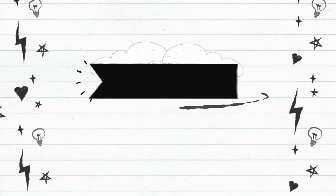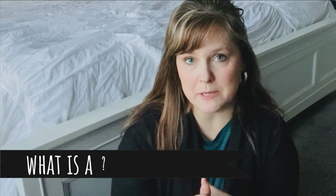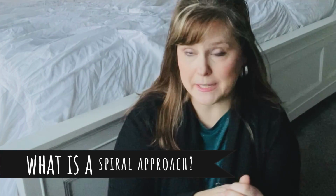So math. I'm just going to get right into it. If you don't know the difference between mastery and spiral, you need to understand this approach because it's going to come up as you're choosing curriculum. So a mastery approach means they're going to teach a concept and you are going to do problems that are going to really drill down that concept until it's mastered. A spiral approach,